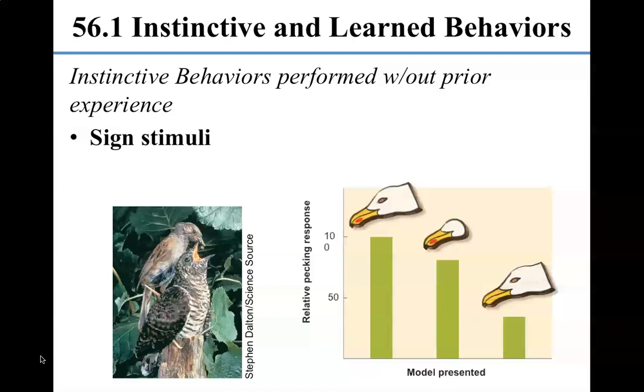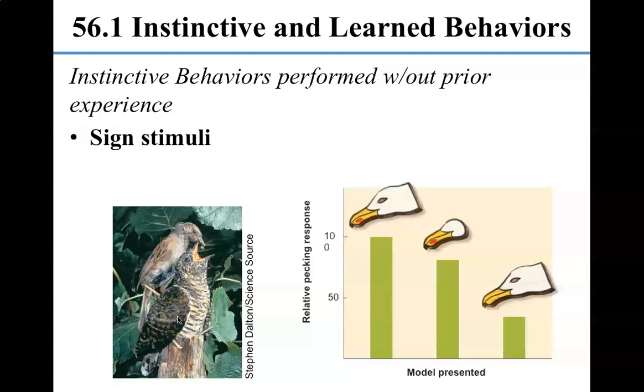All right, so fixed action patterns are triggered by something called a sign stimulus. For example, here in this picture, this is a cowbird. It's a bird that's actually a parasite. And this is, I don't know, a normal bird. What happens is the mama cowbird comes in and waits until this mama bird is off of her nest, and the cowbird lays an egg in the nest, and her egg hatches first, and the baby cowbird pushes all the other eggs out of the nest, basically murders the other birds.